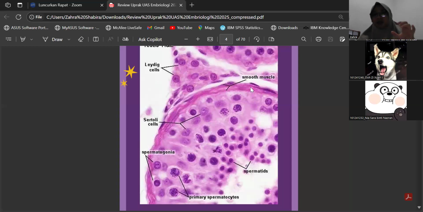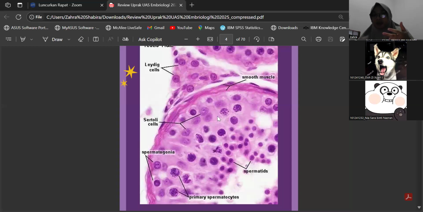Now, each tubulus seminiferus has a kind of smooth muscle wall protecting it, named lamina basalis. In here, there is one cell that always attaches next to the lamina basalis, named spermatogenium. After that, spermatogenium undergoes mitosis and meiosis, becoming primary